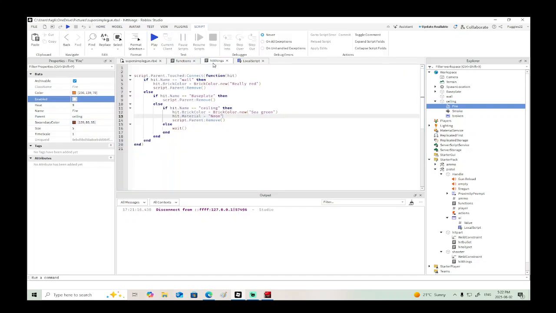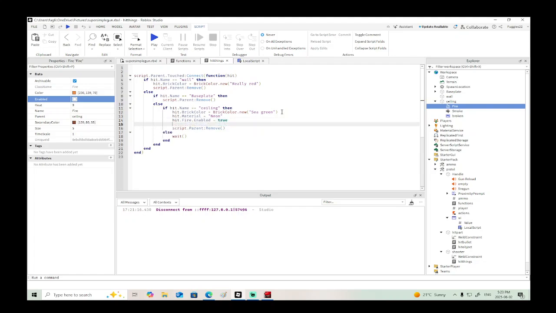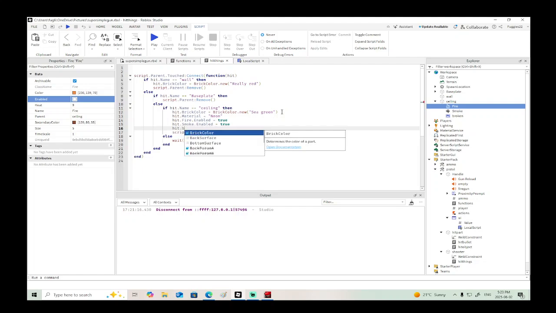So then in our bullet, we can say, okay, what happens when it hits a ceiling? Well, it's going to go green, and then we're going to say hit dot fire dot enabled equals true, and we can say hit dot smoke dot enabled equals true, and we can say hit dot broken dot transparency